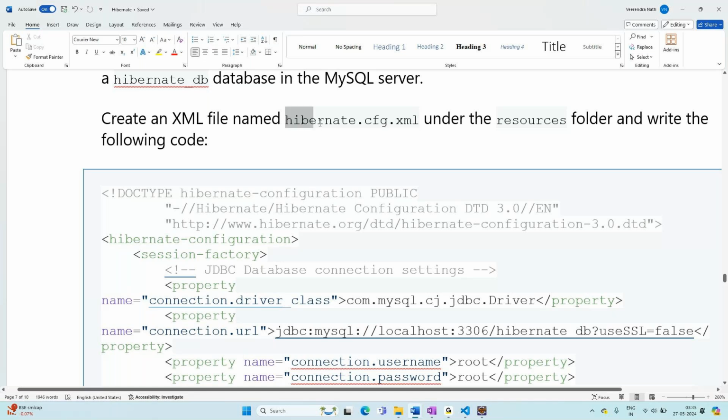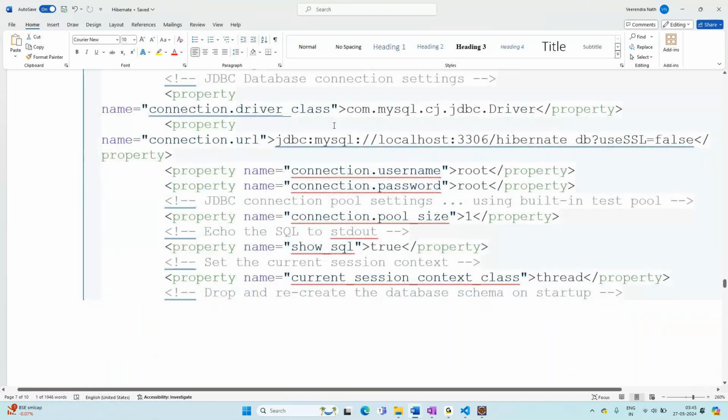Hibernate config.xml, in which what you are doing? You are giving the connection. So now this will remind you of JDBC,